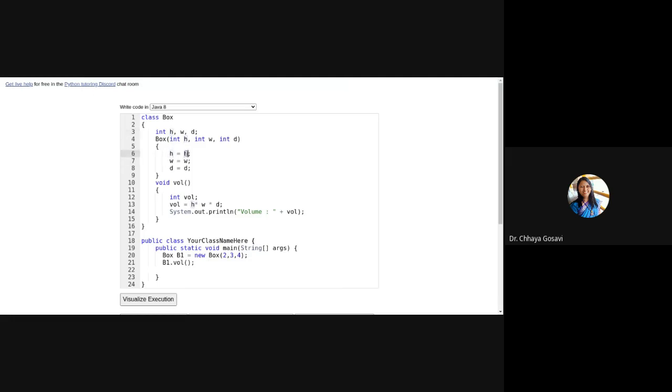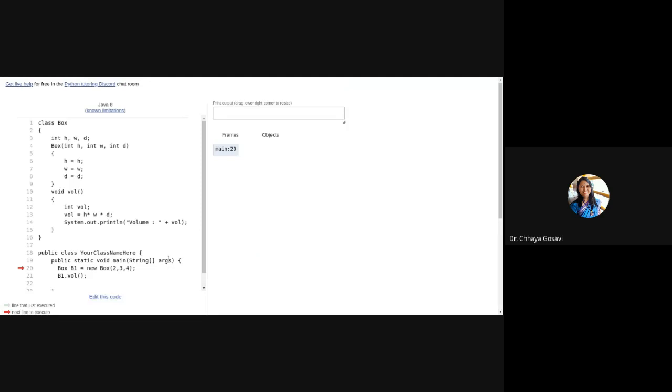So I want to assign the value of this h to here, the value of this w here, the value of this d here. Just to make sure that this will work without any errors, it will work because the compiler is very smart.